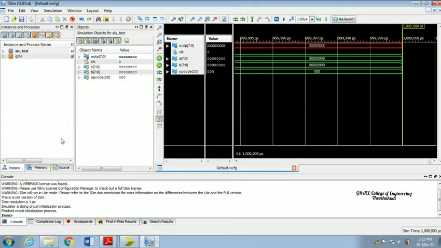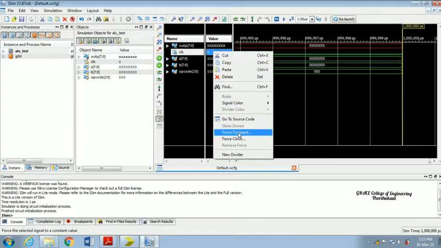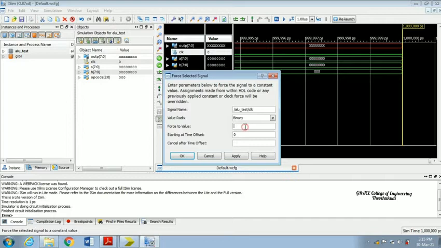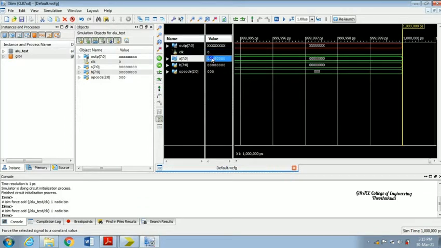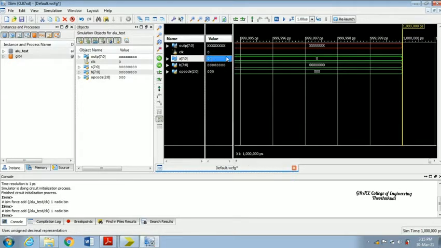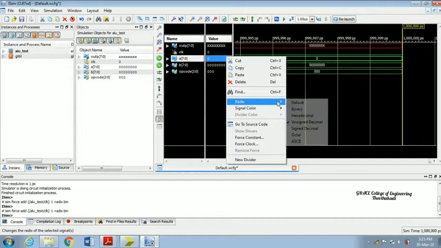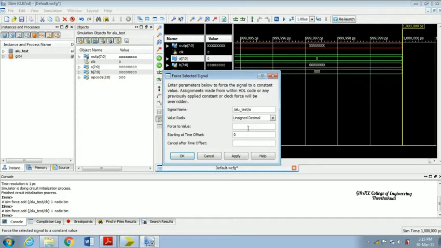Now the iSim window got open. Here you have to give the clock pulse as well as inputs. So force constant, I'm going to give the clock value first of all high. Apply and OK. Then A, force constant of 50.